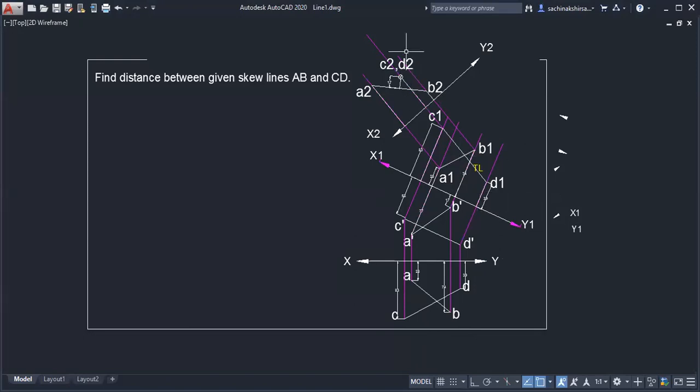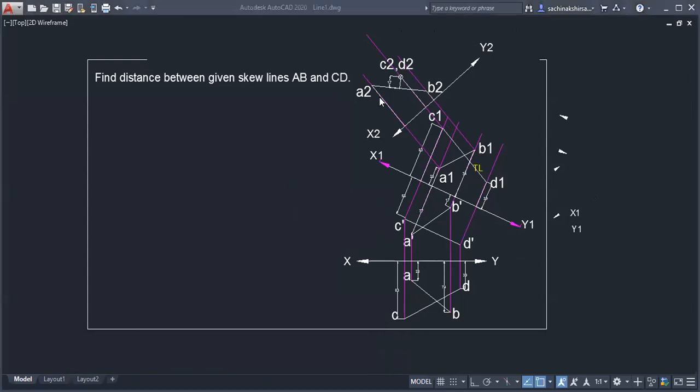So these problems are lengthy. If the exam is online, it is very difficult to solve them, because such problems come as multiple choice only, for printing purposes, when it is printed on the drawing sheet. Okay, so have you understood this? This was the last part from the projection of line chapter. Have you understood? Yes, sir.